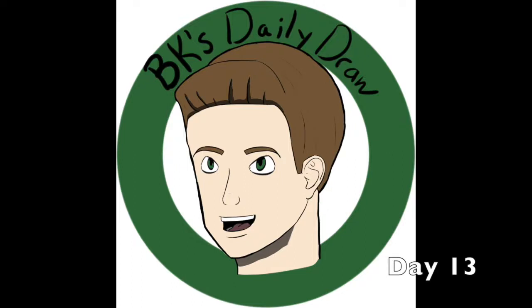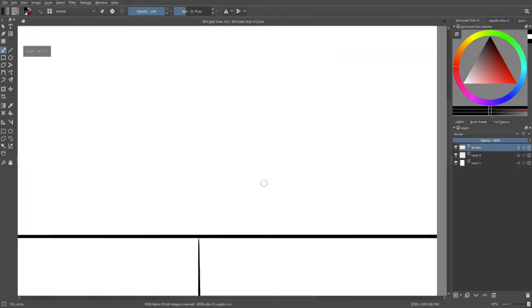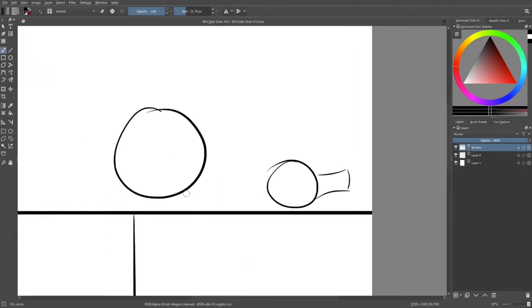I'm BK, and today we're going to be focusing on feet. It's not weird, right? Okay, anyway, I started off just like last time by going onto Google and picking out some reference pictures